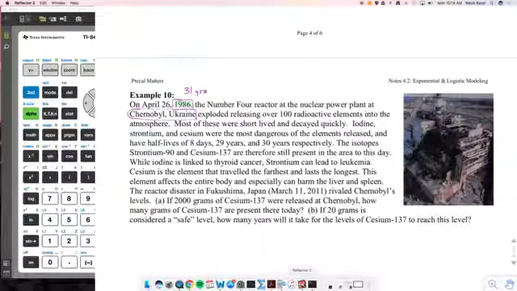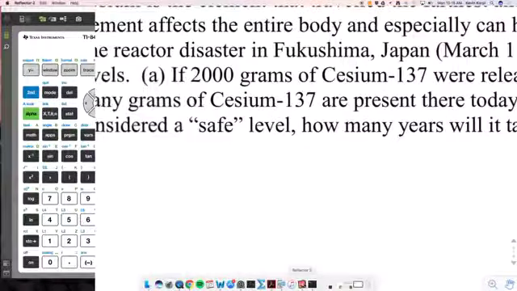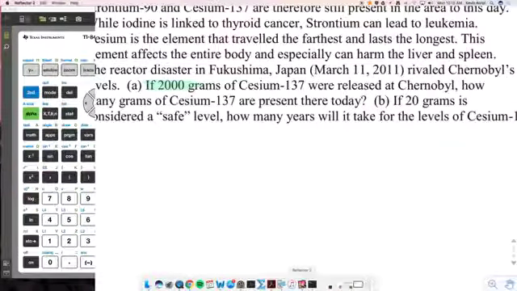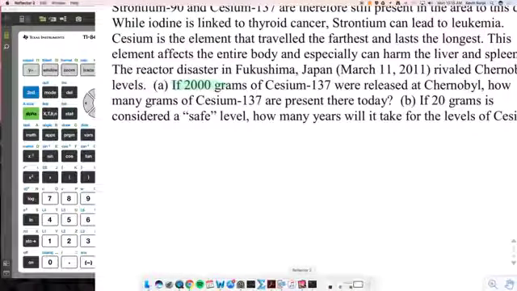So here's what we want to do. The one in Fukushima rivaled Chernobyl, so very similar type of levels. But we're going to focus on these numbers here. Hypothetically, if 2,000 grams of cesium-137 were released at the Chernobyl explosion, 2,000 grams, how many grams of that cesium-137